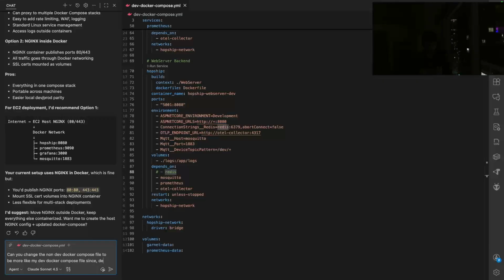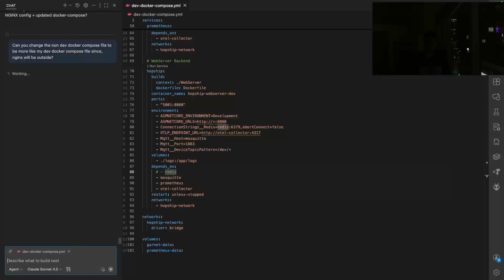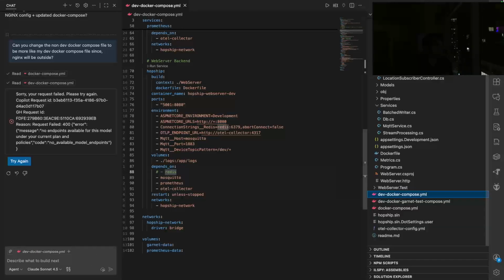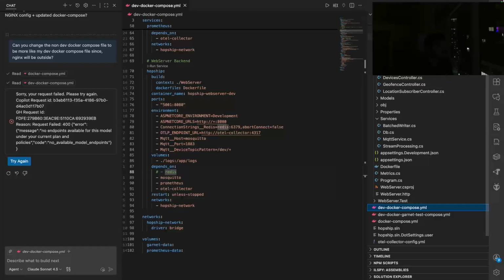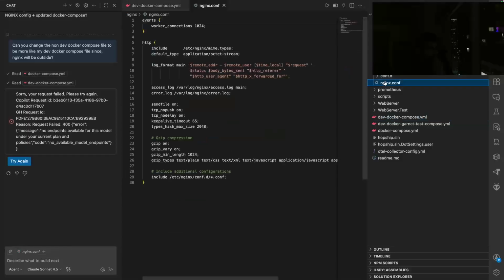Since, let's see, Nginx, and let's get rid of all of this. Nginx will run on